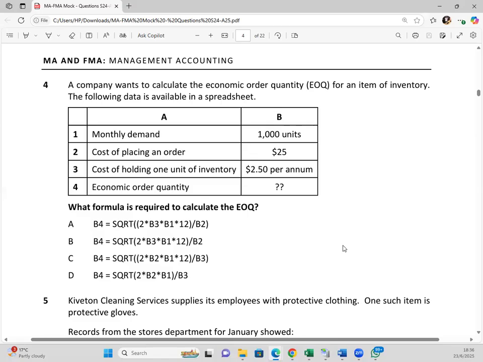Square root of 2 quad over CH. Do we have the square root of 2 quad over CH on our answers? So which one is now a substitute for that? From the answers, which one is talking about square root of 2 quad over CH?